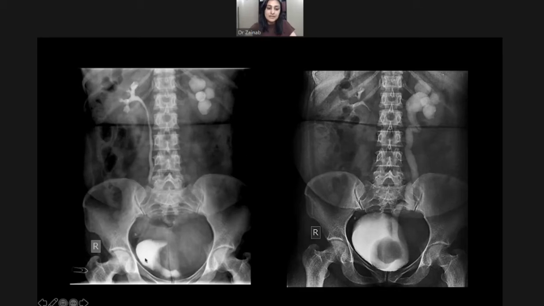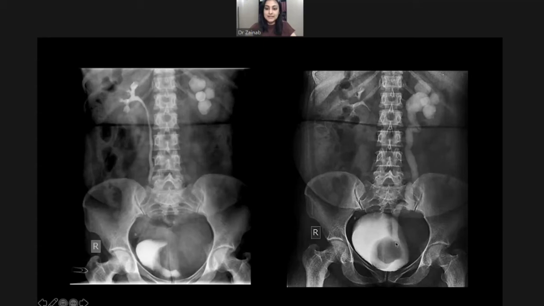Coming to the bladder, which is partly filled here, I can notice that there is a smooth filling defect, which is visualized predominantly near the left vesico-ureteric junction. So the left part of the bladder is showing this smooth filling defect. We can further see it well on the more delayed images where the bladder has further opacified, and we can notice that the left ureter as well is dilated.